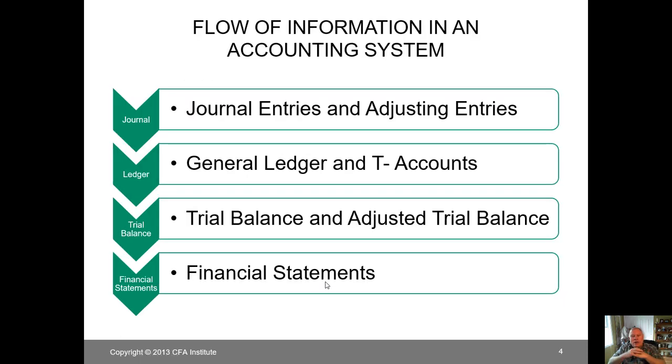Now, when we come back, you start with journal entries and adjusting entries. These are the process of how entries and data are input into a system. You get into the general ledger system. And remember, debits have to equal credits. The biggest error that people make in accounting is debits equal credits. For every debit, there's always a credit. So understanding what both sides of a transaction are is critical. You can't just look at one side of a transaction.